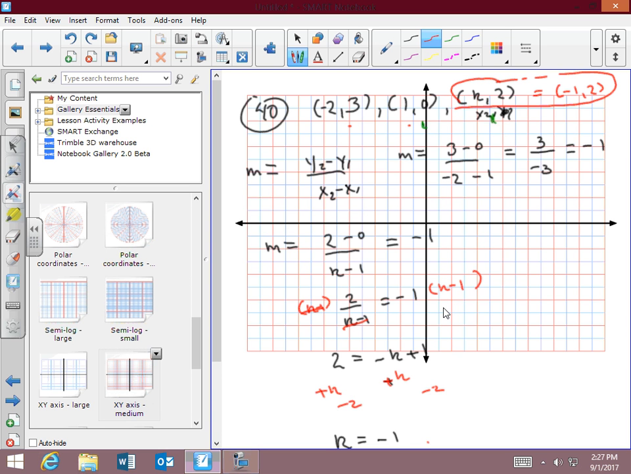Now I could graph that result. I could find minus 2, 3: x is a minus 2, y is a 3. That's that point right there. And then the 1, 0 is out here. X is 1, y is 0. And then if I plotted those 2 points,